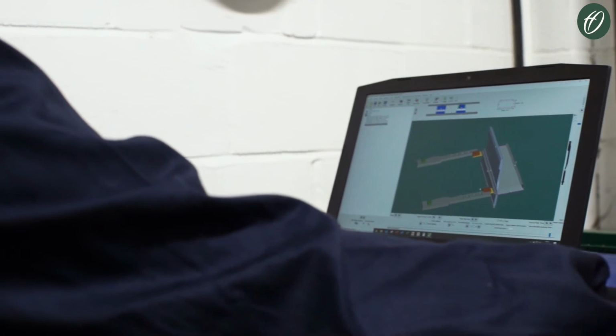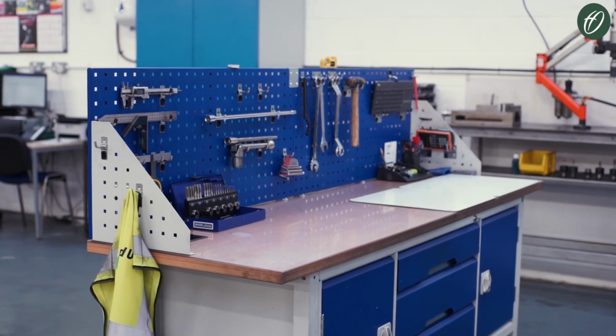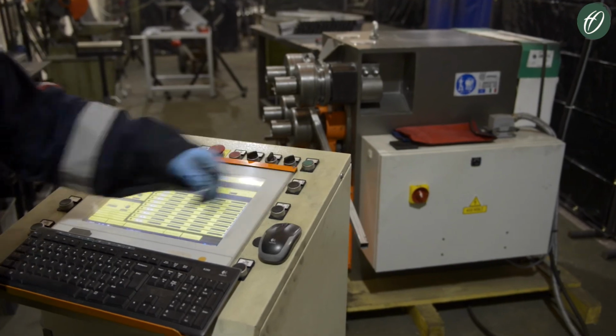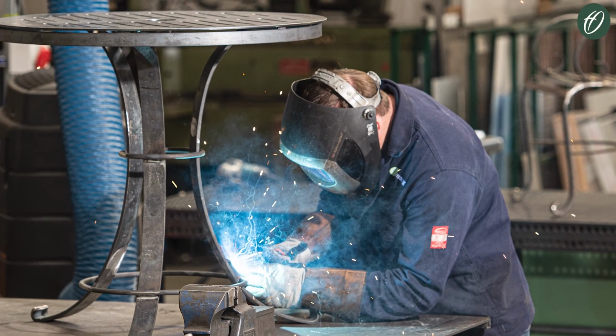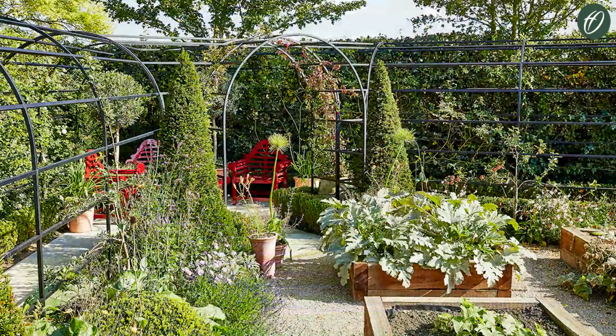Every stage of the manufacturing process is carried out in-house, meaning we are one of the few UK companies that can offer a complete end-to-end service. With highly skilled technicians, we are able to ensure the company's exacting standards are met each and every time. As designers and metal fabricators, we also offer the ability to manufacture bespoke structures in a range of sizes, finishes